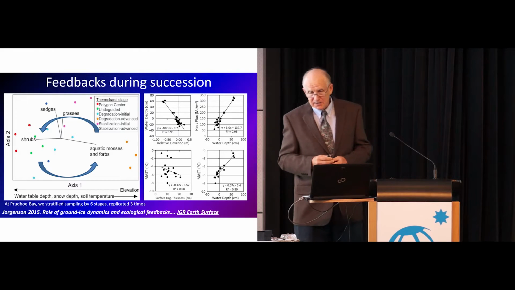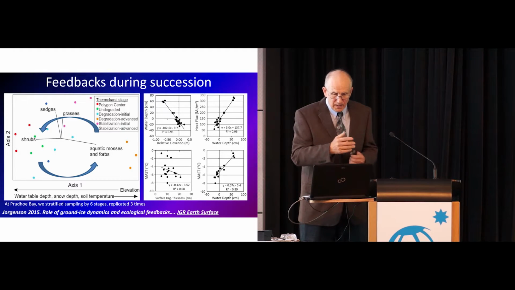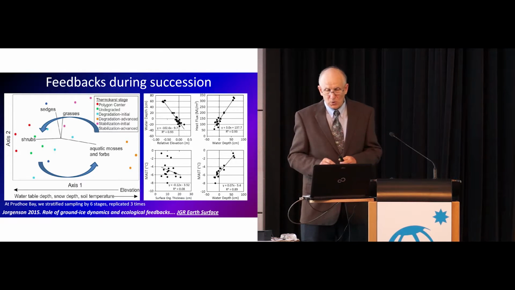So to assess the feedbacks in succession through the sequence, we've done vegetation measurements of cover at the species stage, and we use non-metric dimensional scaling to bundle or partition the vegetation composition among these stages, and we find very nice grouping of the vegetation in conjunction with these thermokarst stages, where over on the left we have the polygon centers in red and undegraded troughs that are clustering with similar composition. And then our first initial degradation, these light blue dots down towards the bottom, and the species composition is shifting over to these aquatic mosses,